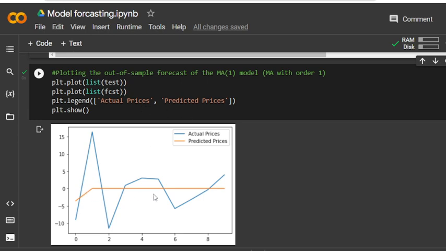You can see that the predicted price is constant while the actual price is moving upward. This is the out-of-sample performance of the MA1 model.